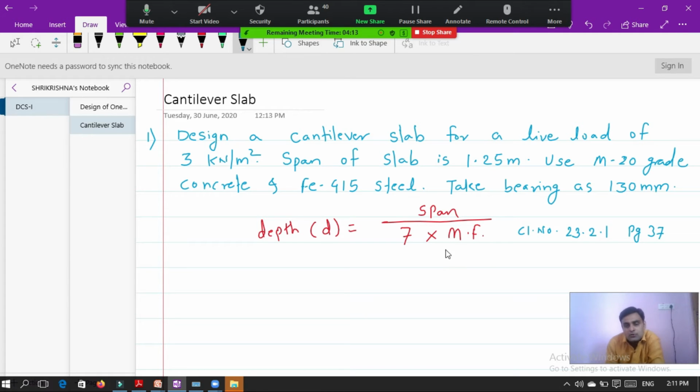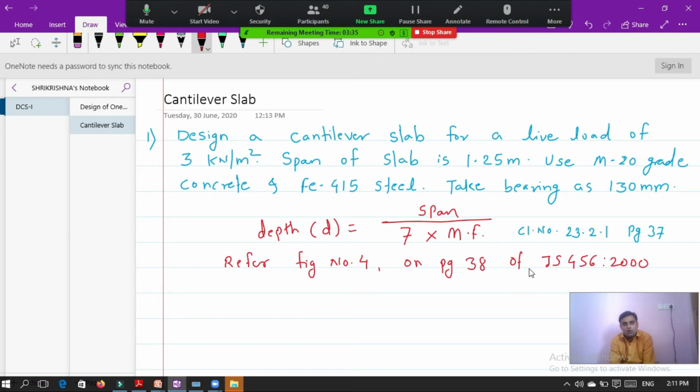Okay. So now our next job is to calculate the modification factor. What is the value of this modification factor? To calculate the modification factor, we refer to figure number 4 on page 38 of IS 456 2000.